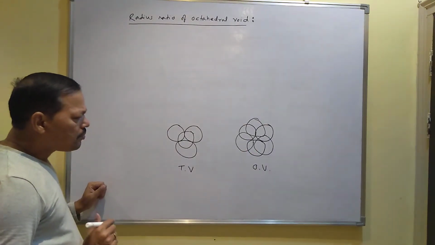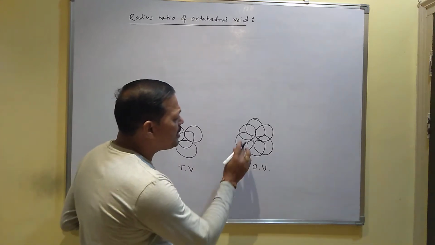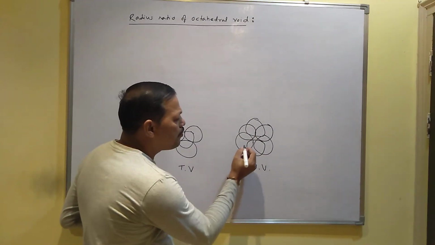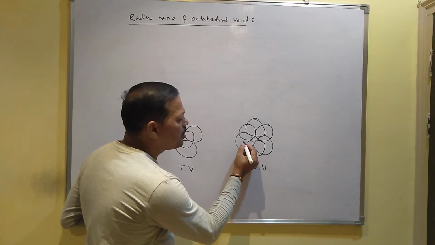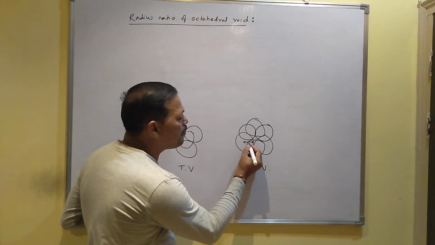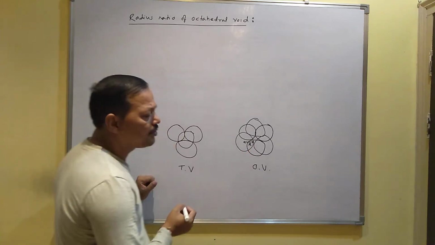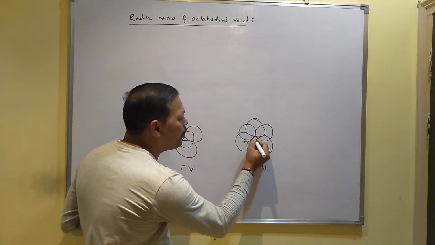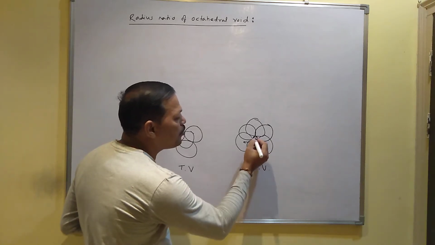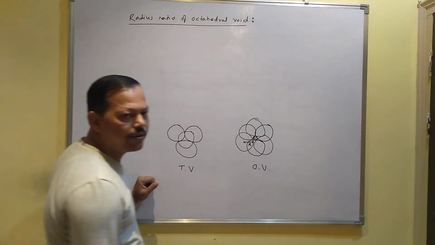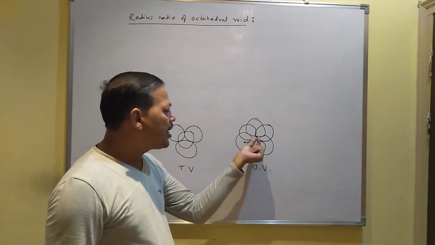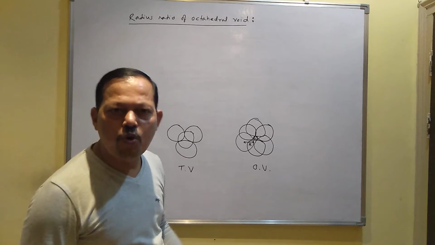Now here you have seen these spheres are particles, and a particle has one radius which is called the radius of the particle. Suppose the radius of the particle is represented by capital R, and the void, this is your octahedral void, the void also has one radius. Suppose the radius is represented by small r. Radius of particle is capital R and radius of void we consider as small r.